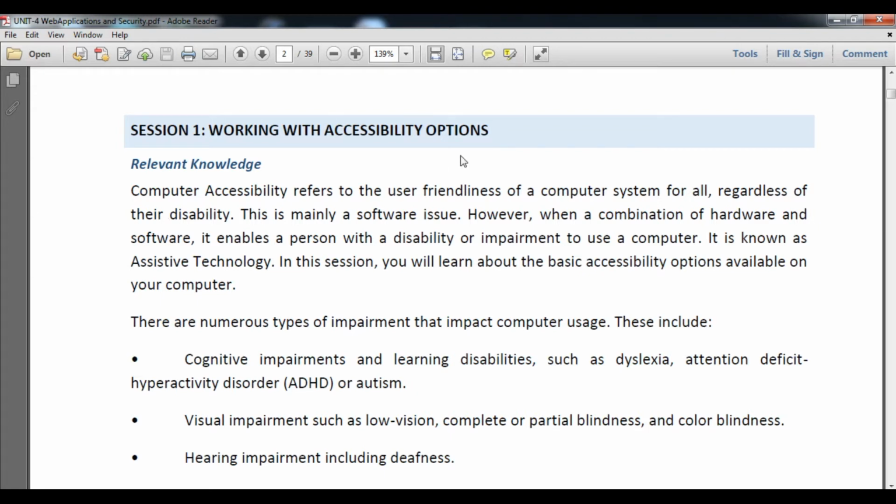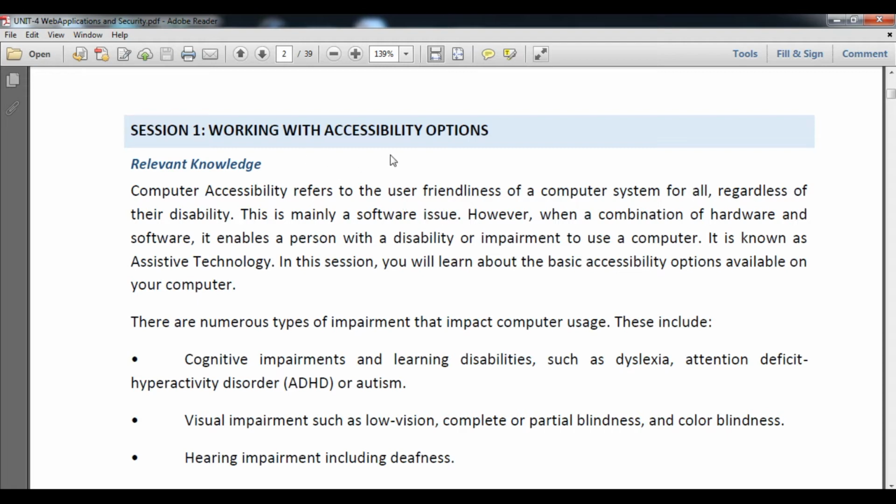Computer accessibility refers to the user friendliness of the computer system for all. It means whatever we are going to do, the practice or the operation, it will definitely be easy to operate regardless of their disabilities. This is mainly a software issue.